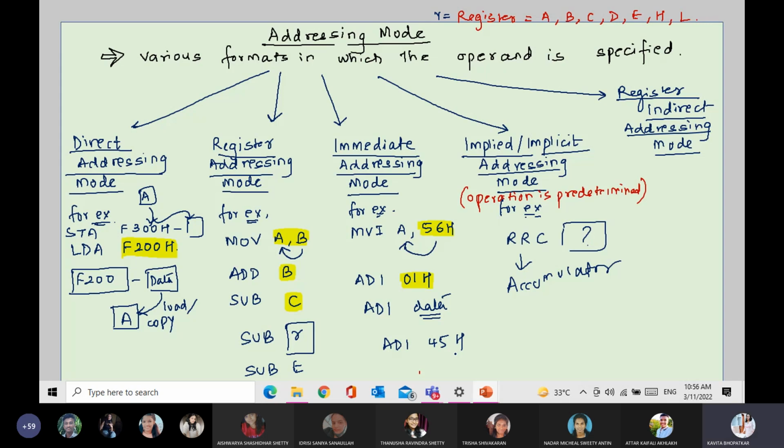तो ये बाकी के सारे इंस्ट्रक्शंस में जो इम्प्लाइड नहीं है उनमें वेरिएबल्स आते हैं डेटा के लिए या रजिस्टर्स के लिए। इम्प्लाइड में वेरिएबल नहीं आता है, इम्प्लाइड में ऑपरेशन फिक्स्ड है। अगर आरआरसी है तो वो एक्यूमुलेटर पे ही होगा।